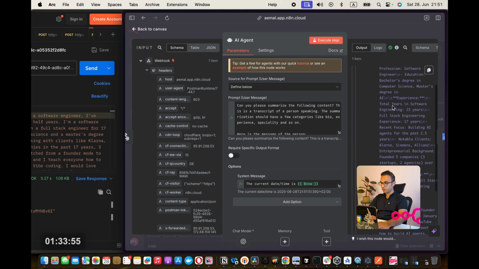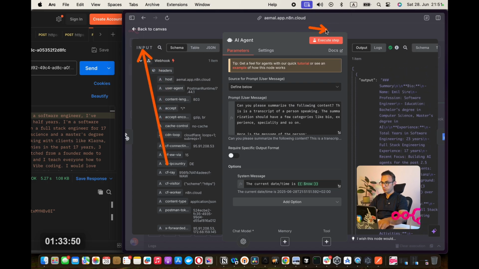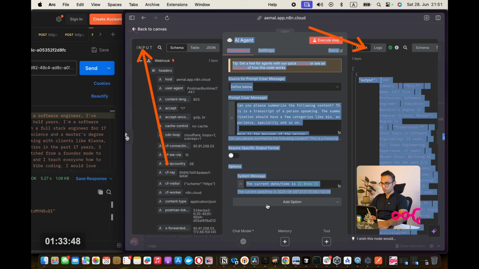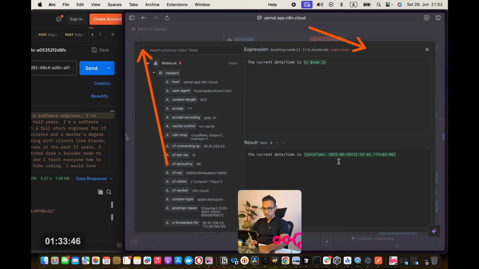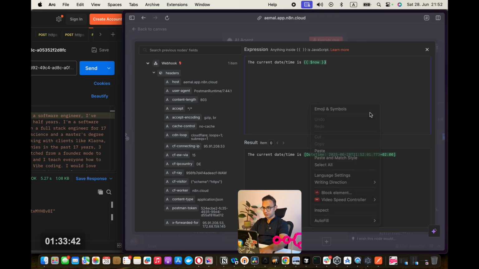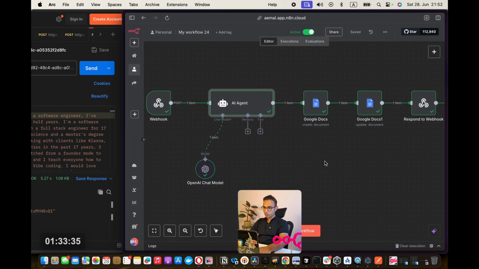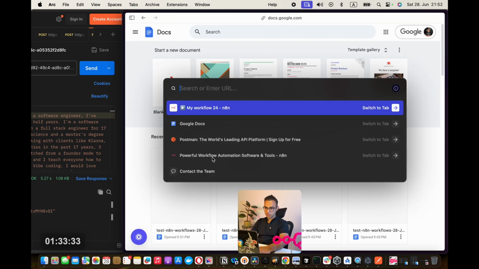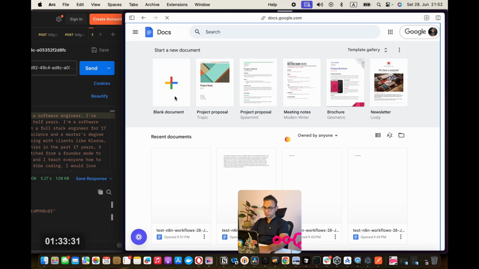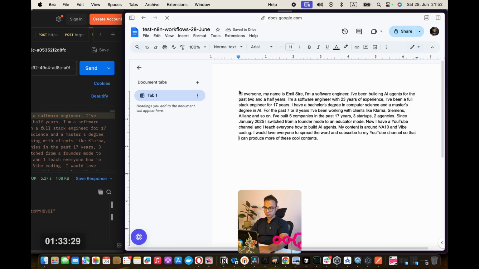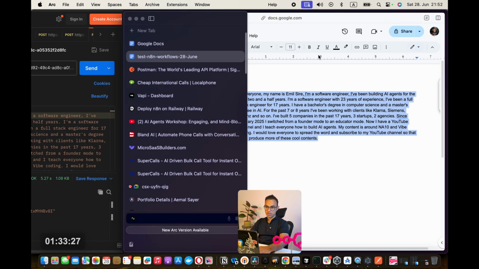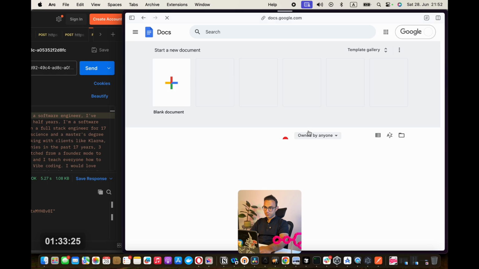If I double click that, you can see here the output. So I said we're going to talk about input and output. This is the time that we talk about the output. So the output right now shows me something like this, a summary and so on. So in order for me to fix this transcript, I don't want to see the transcript, I want to see the summary.